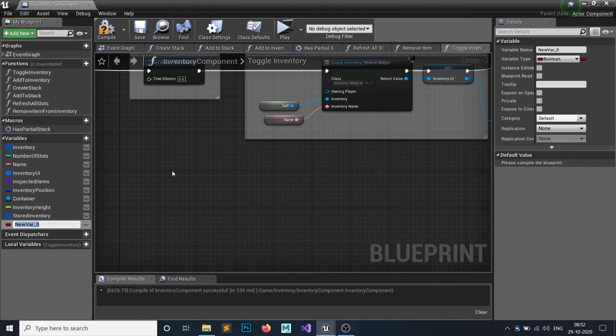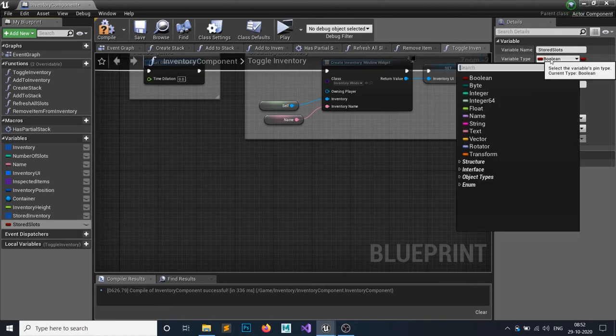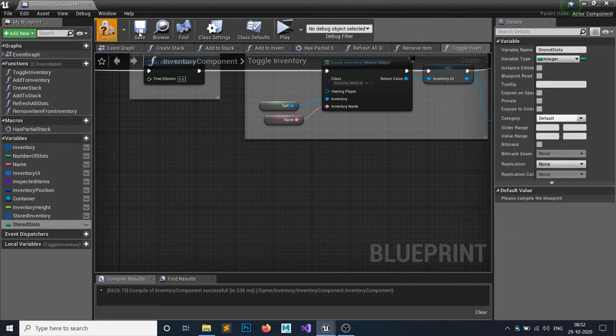So I'm just going to call it stored slots. The stored slots would be an integer, and let's say by default your stored inventory has 16 slots, 4 rows of 4 slots.